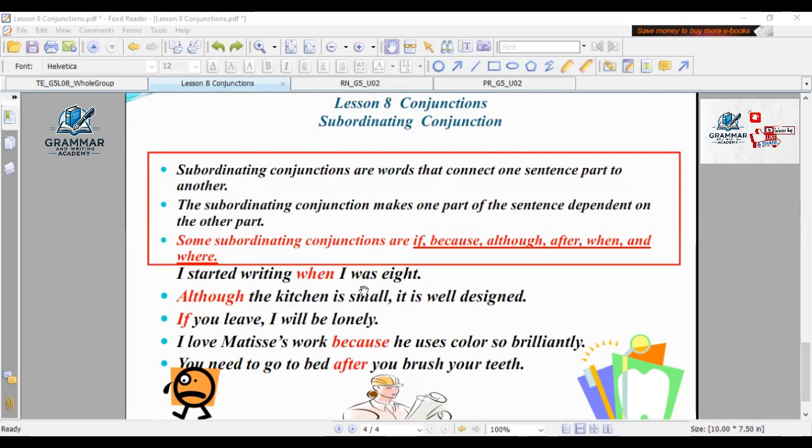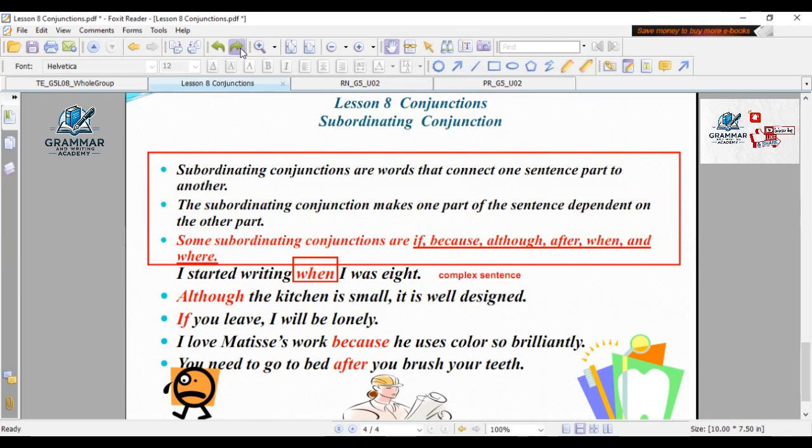Okay, mister. I started writing when I was 8. In this sentence, my dear boys, we have a conjunction. It's called when, right? It comes in the middle of 2 sentences, okay? Here, because of that when, we have a complex sentence because this is a subordinating conjunction. So all of you right now, circle when, if you print the sheet, and write beside it complex sentence. Once you have a subordinating conjunction in the middle, you will not have a comma. If you have it at the beginning of a sentence, you must have a comma after the first sentence,